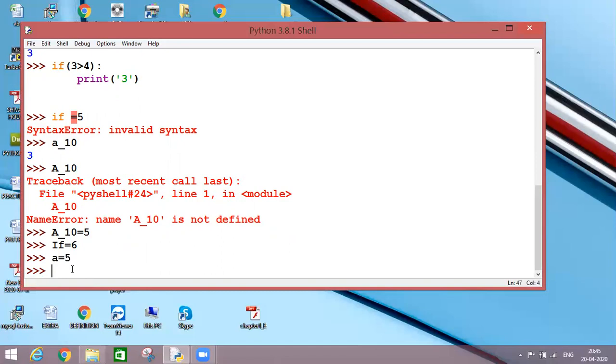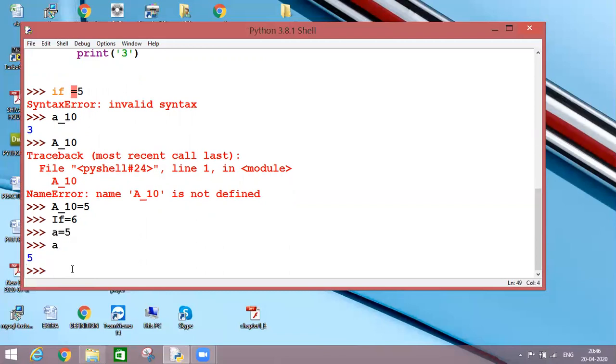Because earlier I wrote A is equal to 3, but as soon as I typed A is equal to 5, my earlier value 3 is overwritten by my new value 5. So after writing this statement, A is not holding 3 anymore. If I print A, it will show me 5, not 3. So one concept we have discussed here is that the values stored in a variable can be easily modified, and as many times as I want to modify these values, I can do it.